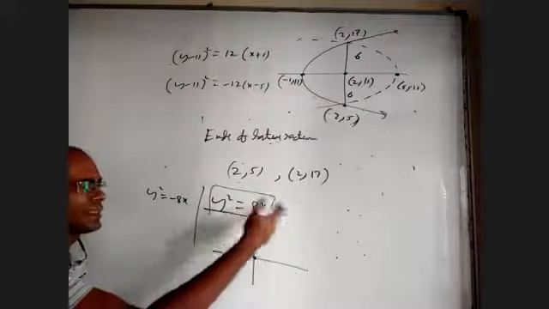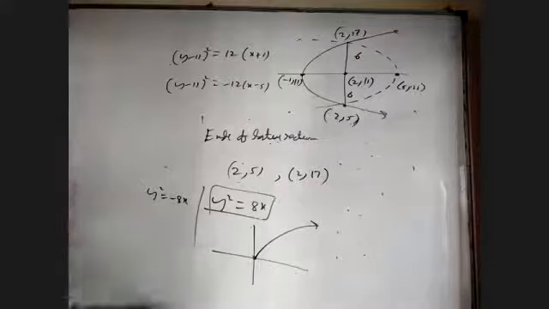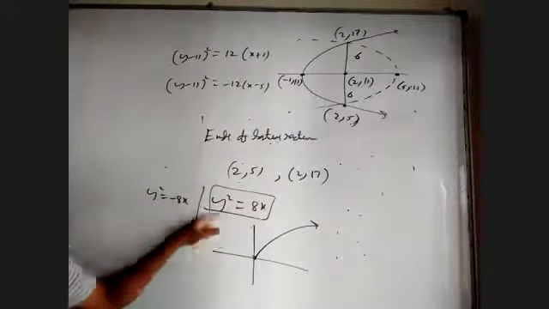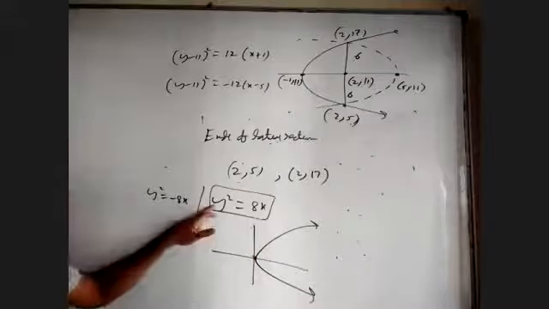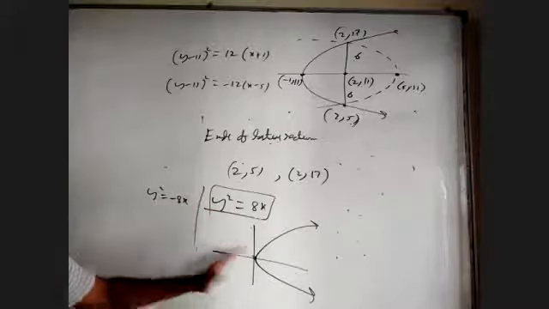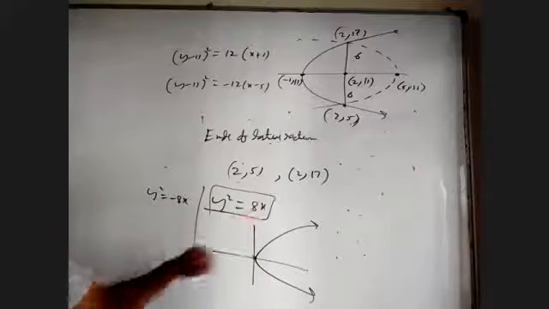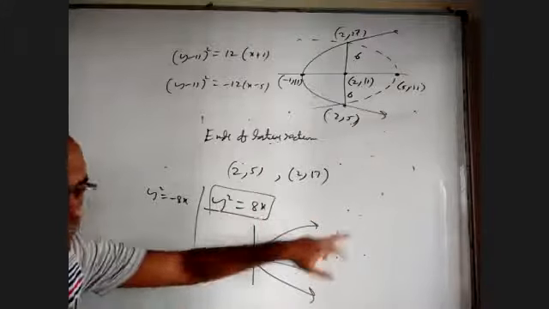Next, as you increase x, y will keep on increasing, so it is some increasing function. And when you replace y with -y, no change. It is symmetrical about the x-axis, so down also it will come like this. It passes through the origin, with no graph on the left side because if x is negative it is not defined. Everything is on the right, and as you increase x, y is increasing all the way.